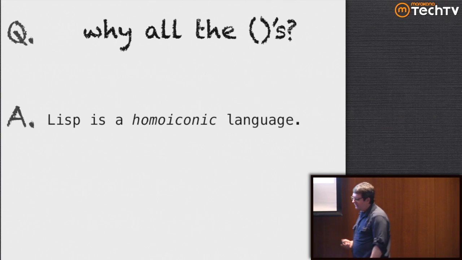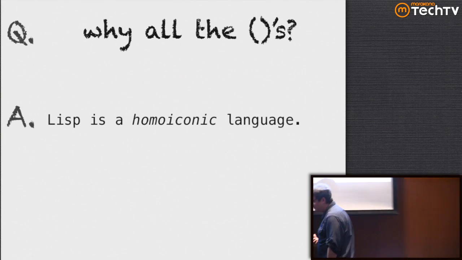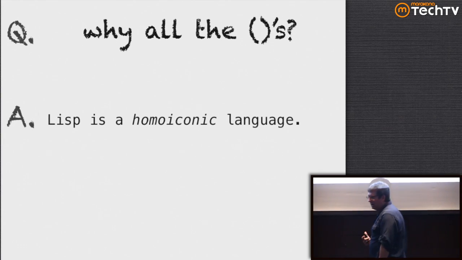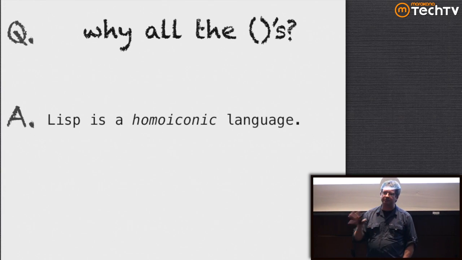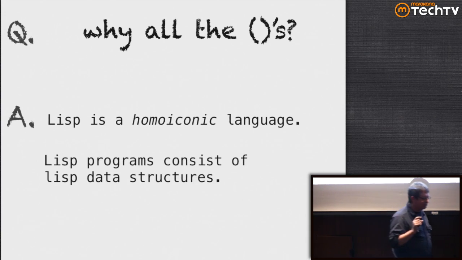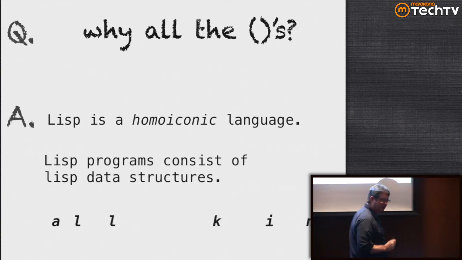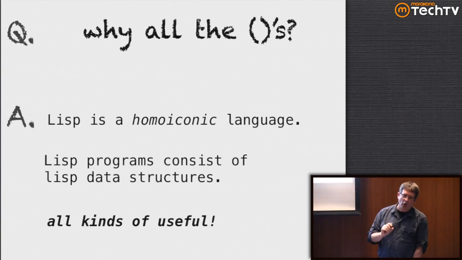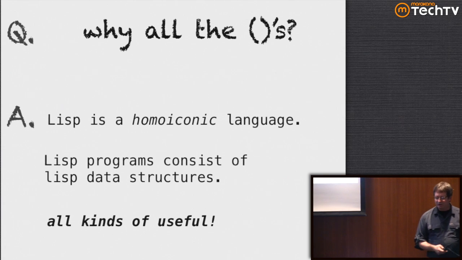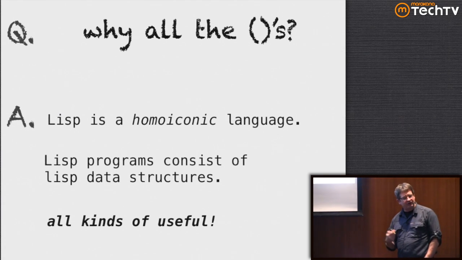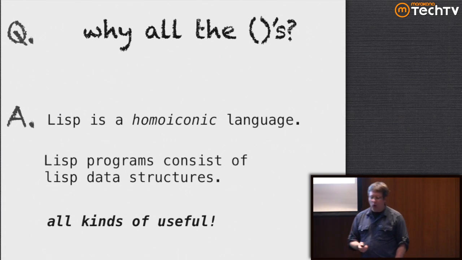And the way that that's captured is by saying that Lisp is a homoiconic language, which means that Lisp programs are actually also legal Lisp data structures, which doesn't sound like that big a deal. It turns out it's a huge deal. When you get to really, really complex things that you need to attack in your language, this makes all the difference in the world. So Lisp programs actually consist of Lisp data structures, and this is all kinds of useful,